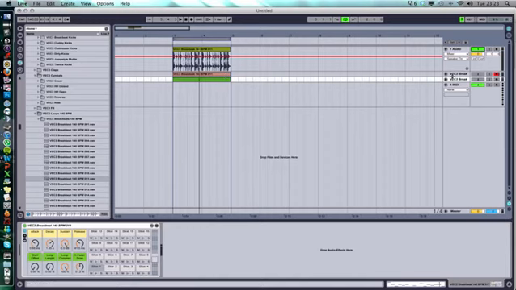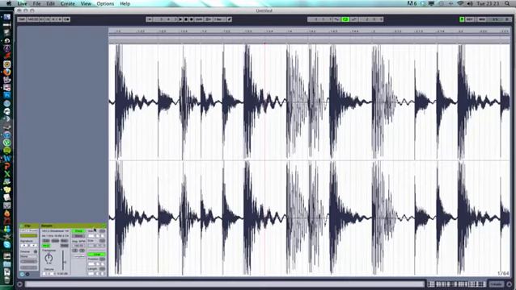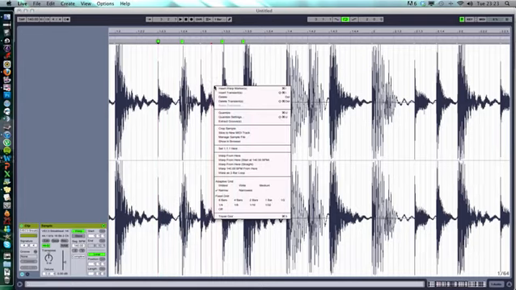Okay, so that's basically it. You don't have to do that with just drums, you can do that with any samples. The other way to do it would be literally to add markers. So you double click up here and the little markers would appear, and then you could right click, for example, control click if you're on a Mac,